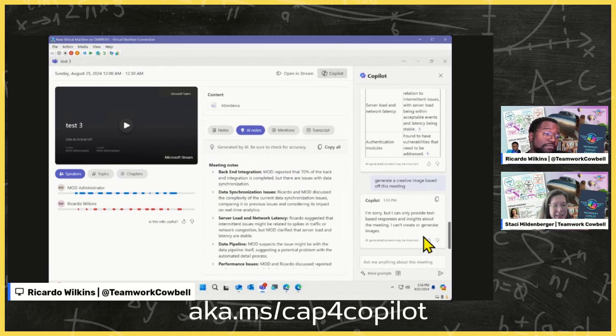But the fact that you can take the AI notes that were generated in this, copy them and take them over to Copilot for the web and drop them in and ask Copilot to create an image that goes with it, I mean, that's a maybe 3-minute exercise for something that would have easily taken an hour or more before, had you even thought to ever do that.